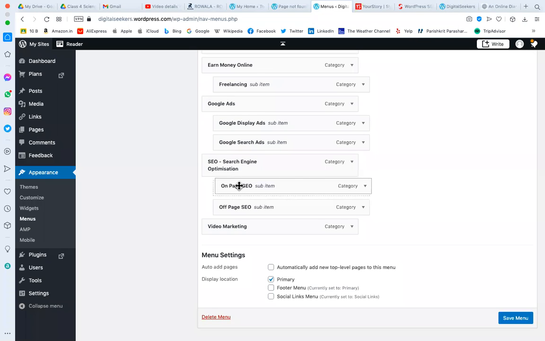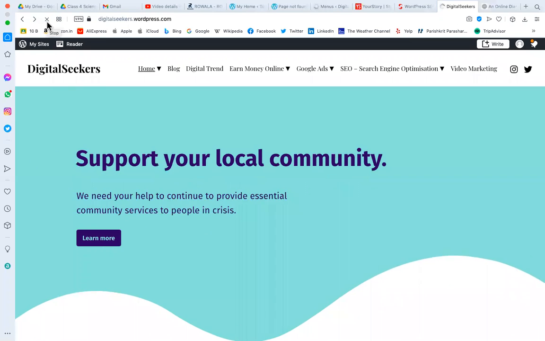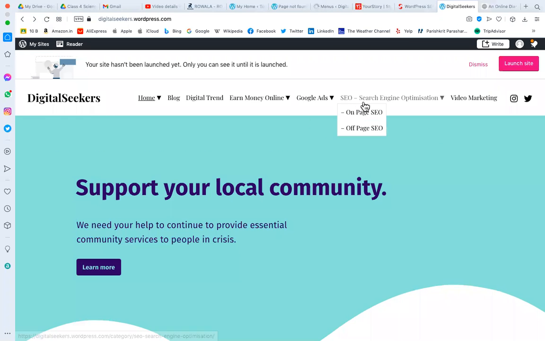I want on page SEO above, and again if you have done any changes, you can click on save. Here you can go to the SEO, on-page SEO, off-page SEO, video marketing.